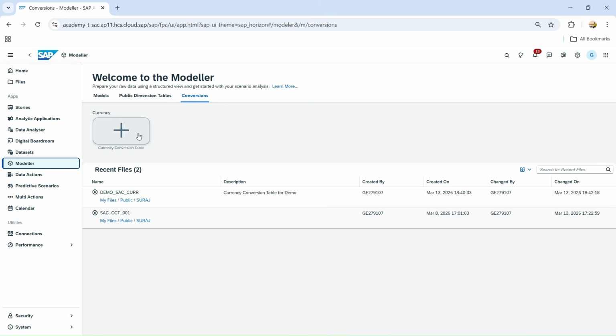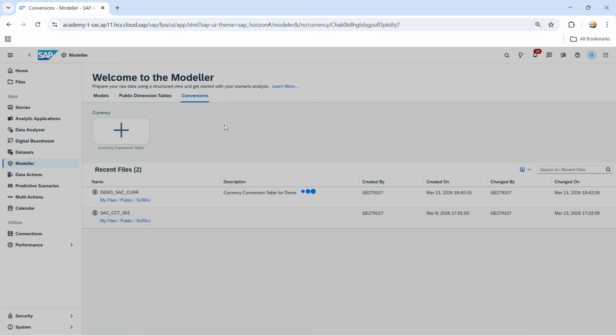You can create multiple currency conversion tables, but it is always advisable not to create so many conversion tables, just to use some common conversion table to keep the data in sync. But functionality-wise, if there is any rare scenario where you have different teams using different conversions or different things, then you can use the multiple table option. So the first thing you need to do is go to the modeler conversion and click on this currency conversion table. Okay,